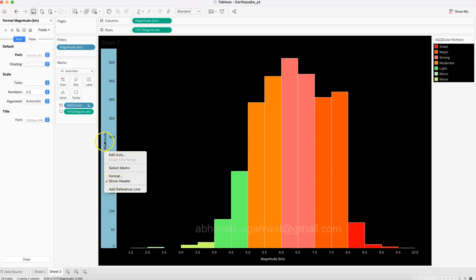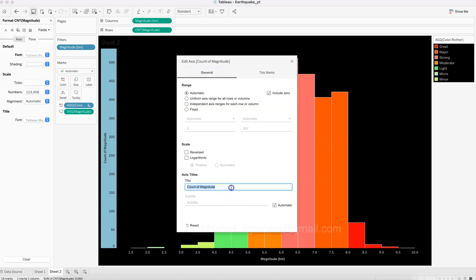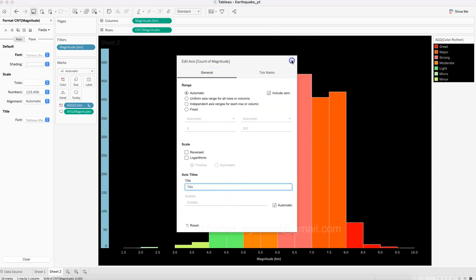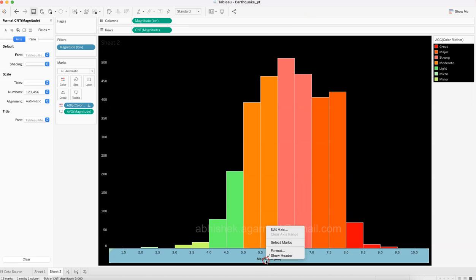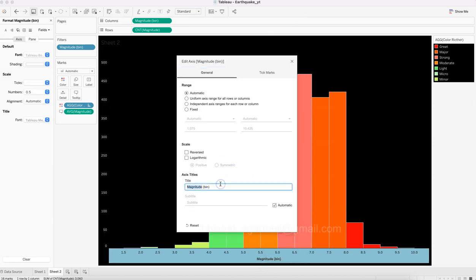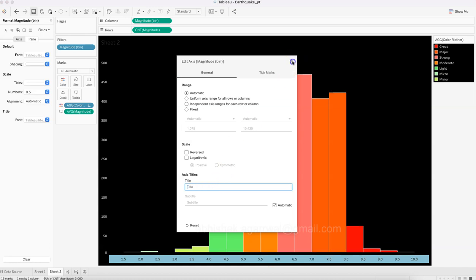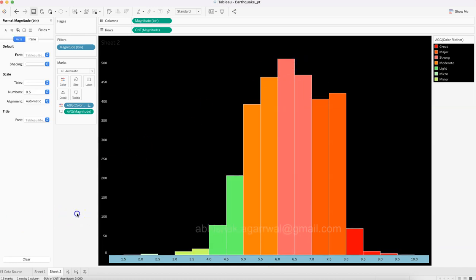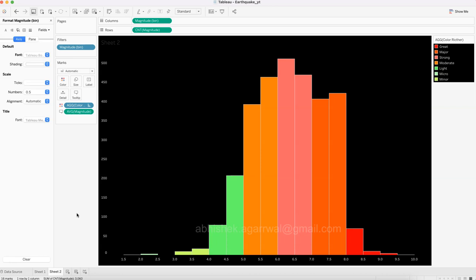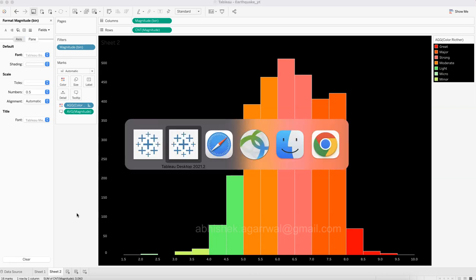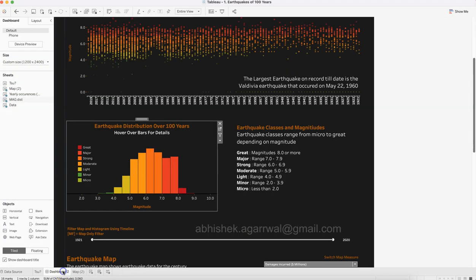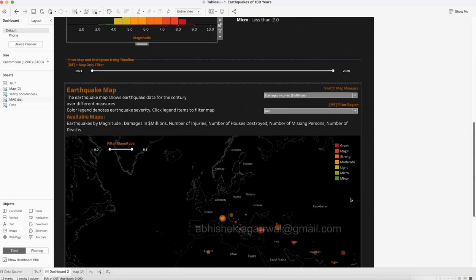Now we don't want to view this count of magnitude sort of a field, so edit axis, remove this, close this. Similarly from here, edit axis and remove this, should be good. Okay, so now we have our second visualization. Now let's go to the main visualization and look at, I think, the third and the final visualization, which is